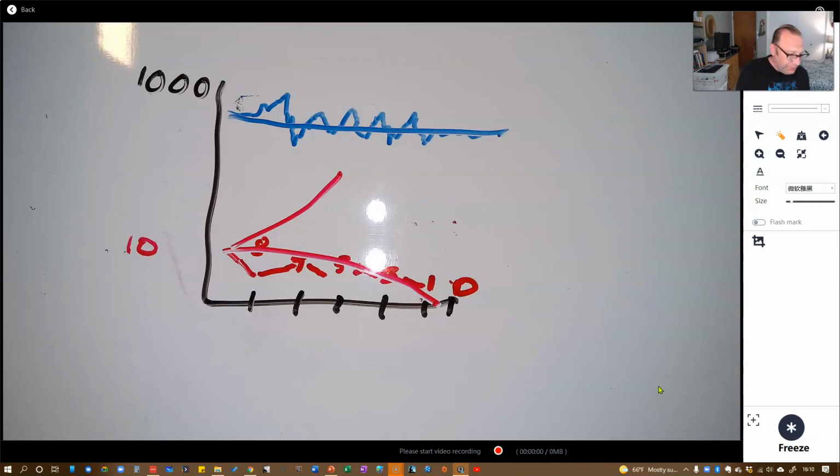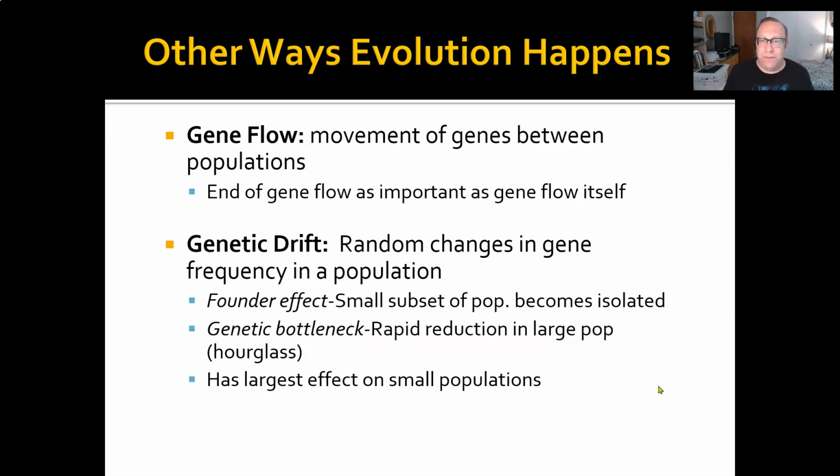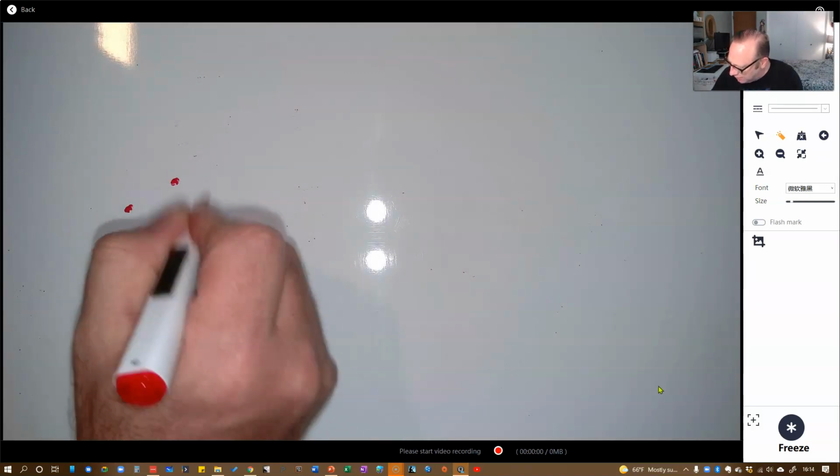Okay? So, founder effect is something that occurs in any size population. It's actually probably more likely to occur in larger populations, though, as opposed to genetic drift, which is mostly happening in small populations. And what it looks like is, let's say you've got a population,